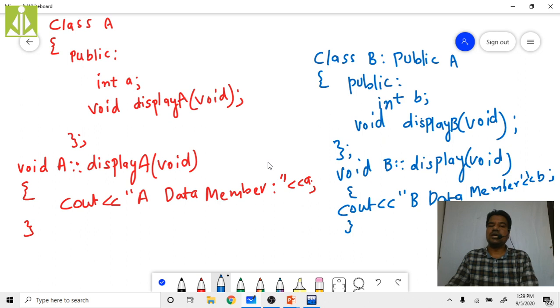Okay, keep the semicolon here. So now these two classes, the relationship between A to B is single level inheritance, isn't it? From A to B we have the inheritance. So this B class is also going to inherit data member A as well as display A. So I will show you graphically how these two classes are related to each other, and what data members we are going to have in A class and what data members we are going to have in B class. So that I will show you graphically.